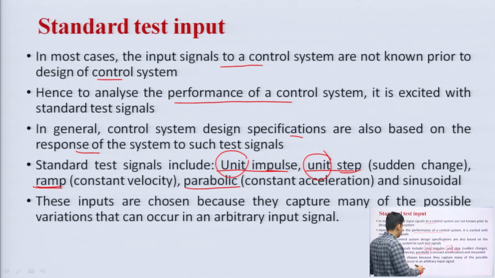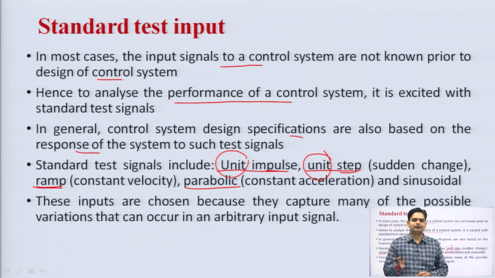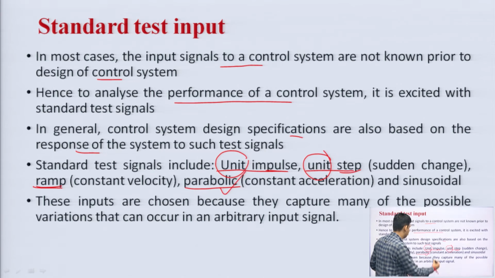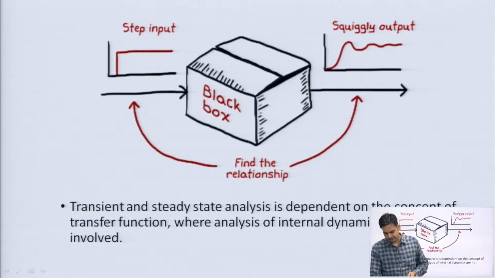And when you go for a parabolic signal, in that case it is a very fast varying signal. If you see with respect to time, the change in the parabolic is faster than ramp. So, whenever we need to apply a fast change in my system as an input, then we have to go for the parabolic type of input. Okay. So, now we will see them one by one.